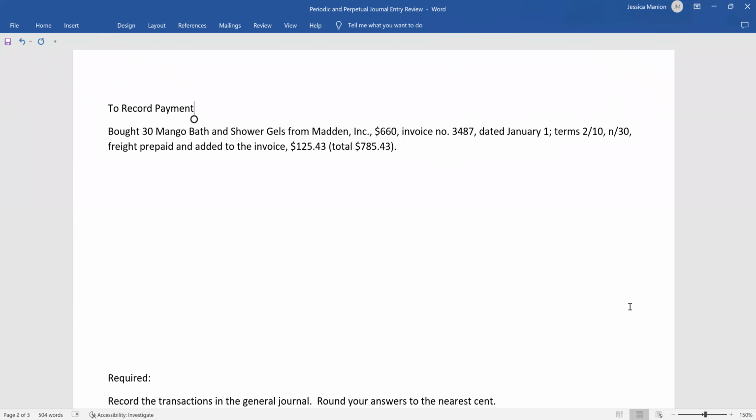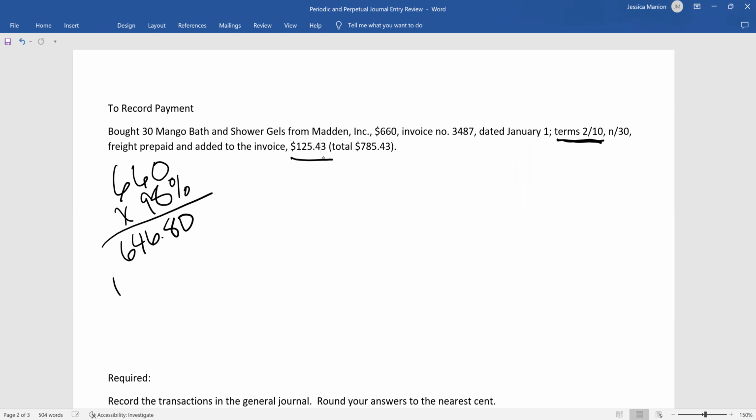I know that this wasn't part of one of our transactions, but just to get some practice with it, let's say that we did pay this invoice within the discount period. That means we're not going to pay the entire 660, because we get a 2% discount, right? There's our terms, 2/10. So 2% off if paid within 10 days. So we're only going to pay 98% of the invoice. If we use our calculators, we take 660 times 0.98, then we're only going to have to pay $646.80